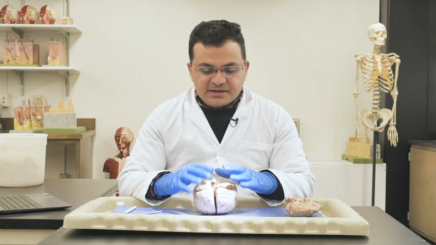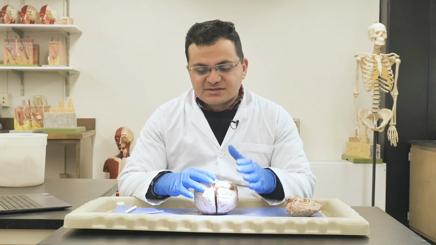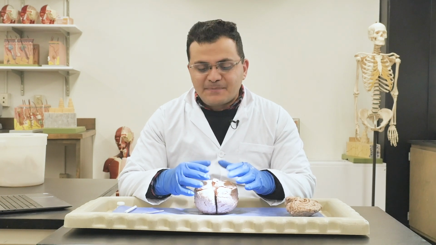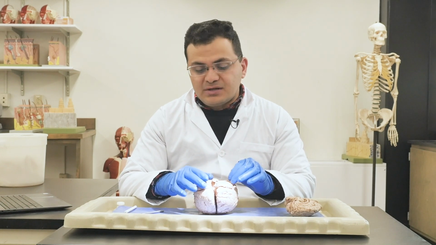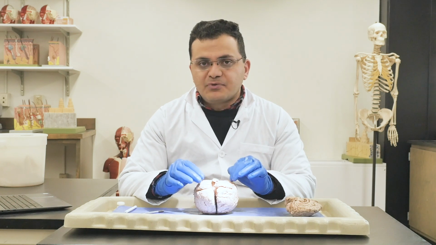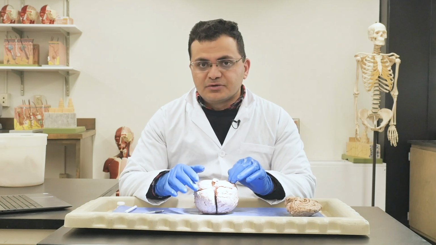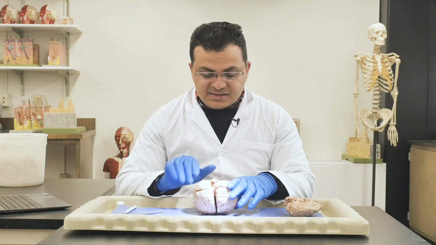So now we are looking at the underside of the whole brain just to try and find a few more structures in the next table of the lab packet. All those structures you can't see on the whole brain, but the ones that you can see, I'll point out, and I will elaborate on the others either on one of the models or on the half brain. So the ones that you can see